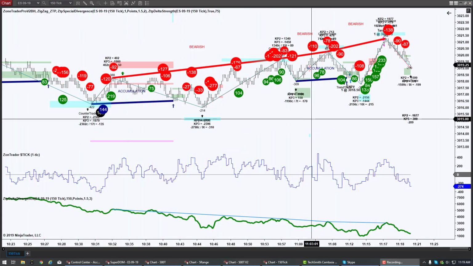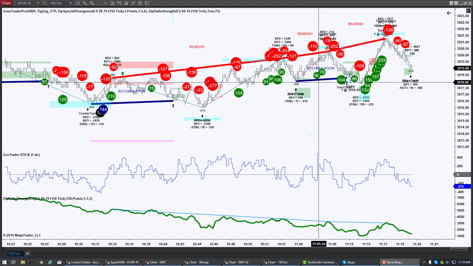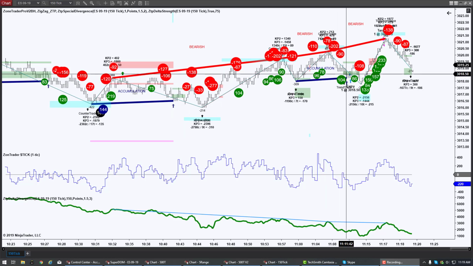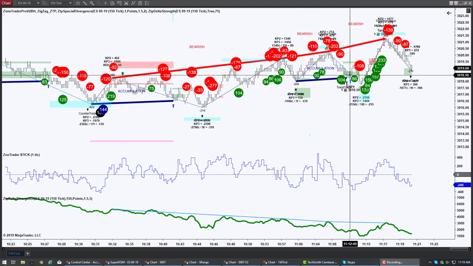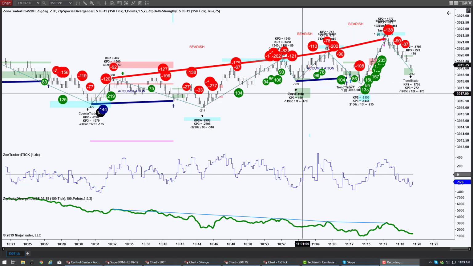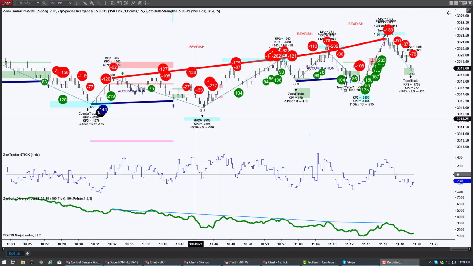Okay, I wanted to illustrate one more trade that I took today. Just as I started editing the video, I saw this trade come up, so I wanted to take it and then illustrate it. On a smaller time frame chart, the 150 tick chart, which has a zigzag of 6, we had this accumulation signal develop, and you can see back here that we had a very strong density